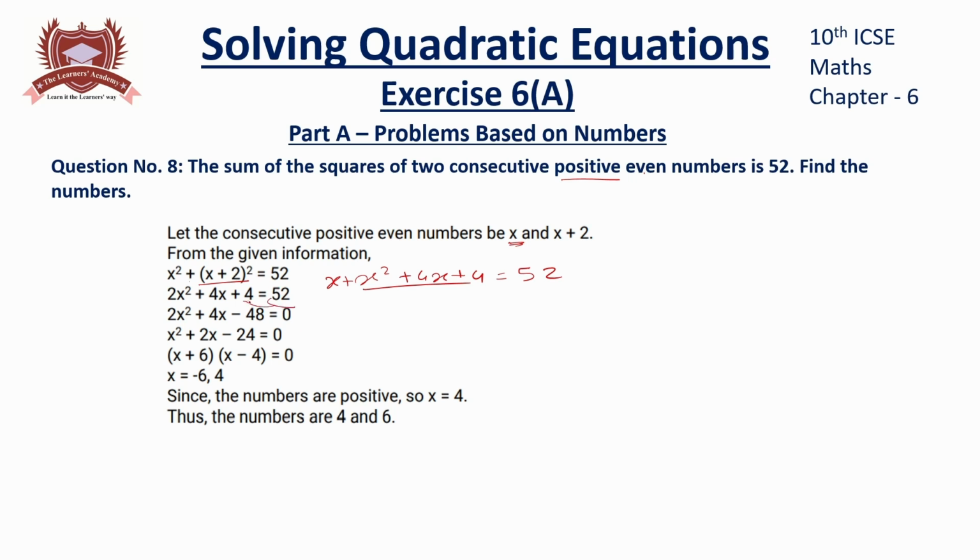ये 52 को ये वाली साइड में लेके आए. So we end up with x square plus 2x minus 24 is equal to 0. Again, मेरा multiplication चाहिए -24 and addition चाहिए +2. So answer आना चाहिए 6 and -4. Add करेंगे तो answer आएगा +2 and multiplication आएगा -24. We can have, so this can be written further as